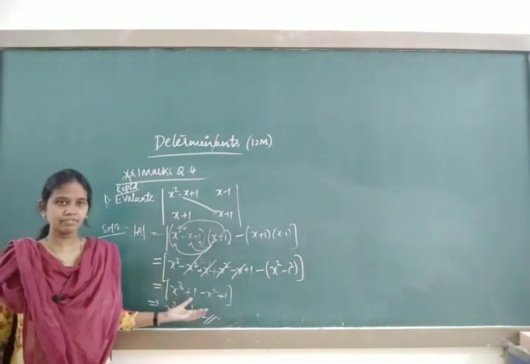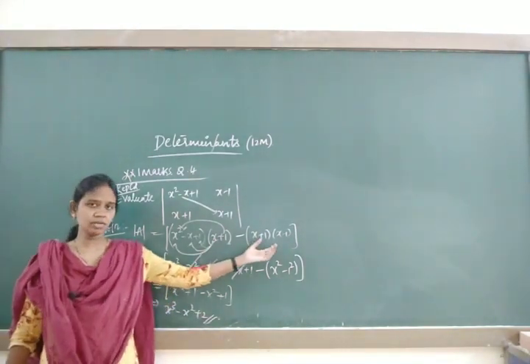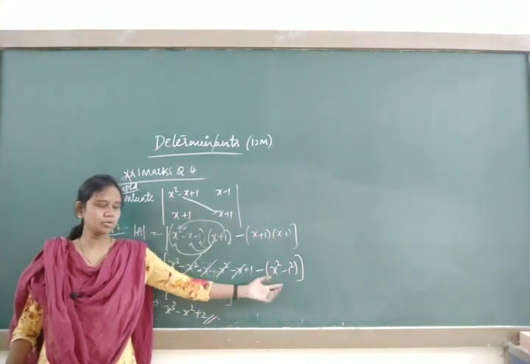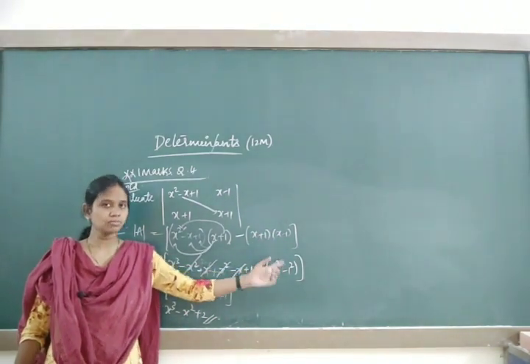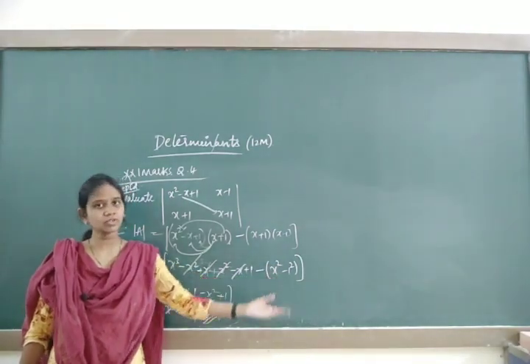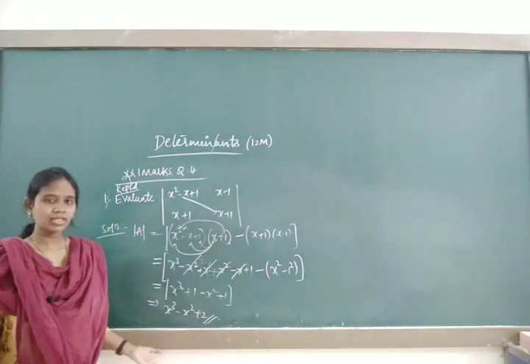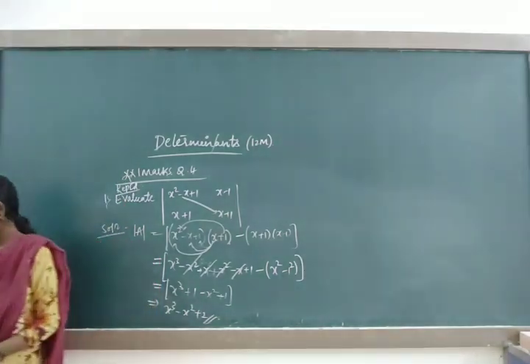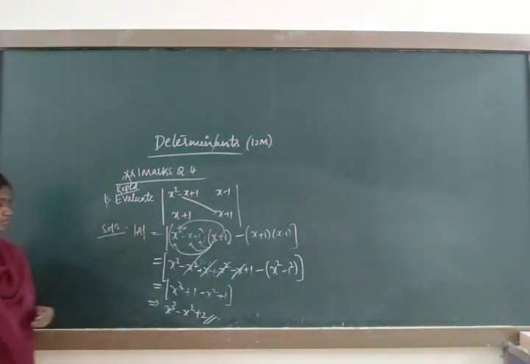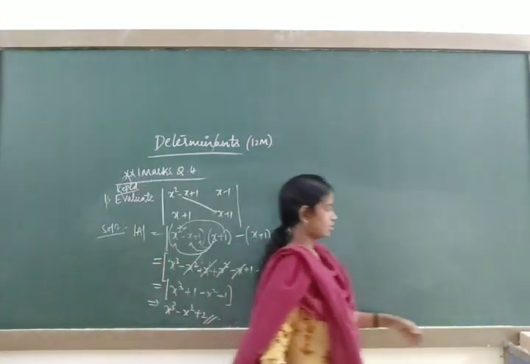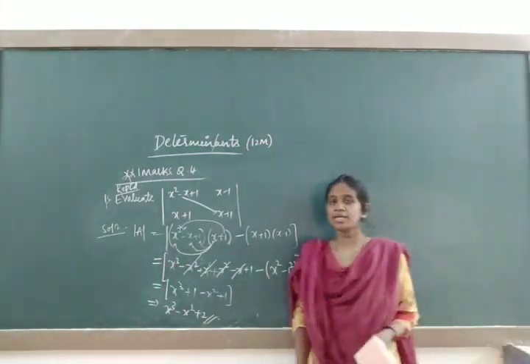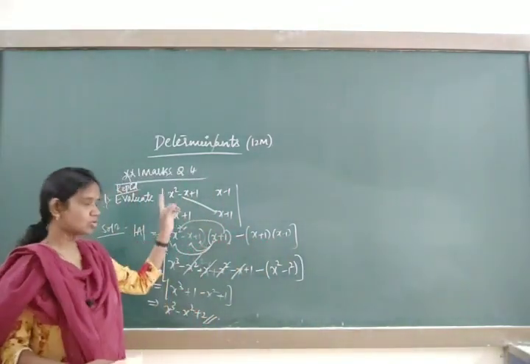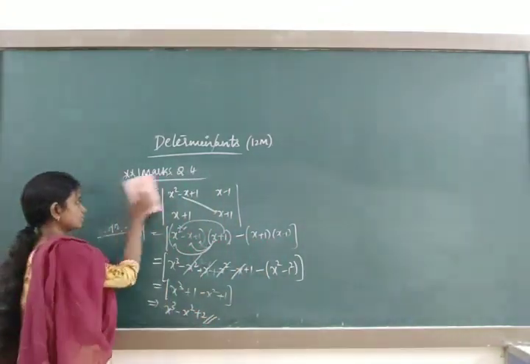The simplification differs from person to person. I had taken here the formula a plus b into a minus b. If you want to multiply, you are going to get 4 terms, cancel out, again you are left with x square minus 1 itself. So as I said, the simplification differs from person to person. Second problem. So whatever the problems I am taking in today's class, you are going to face for 1 mark, compulsory question on question number 4. Any one.